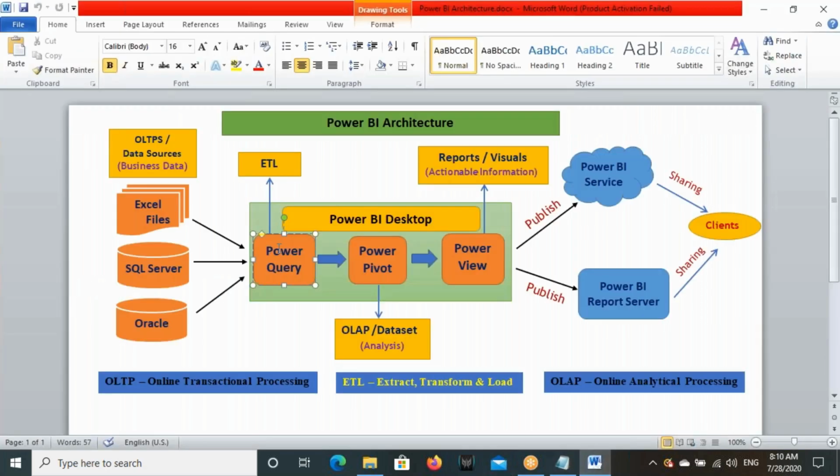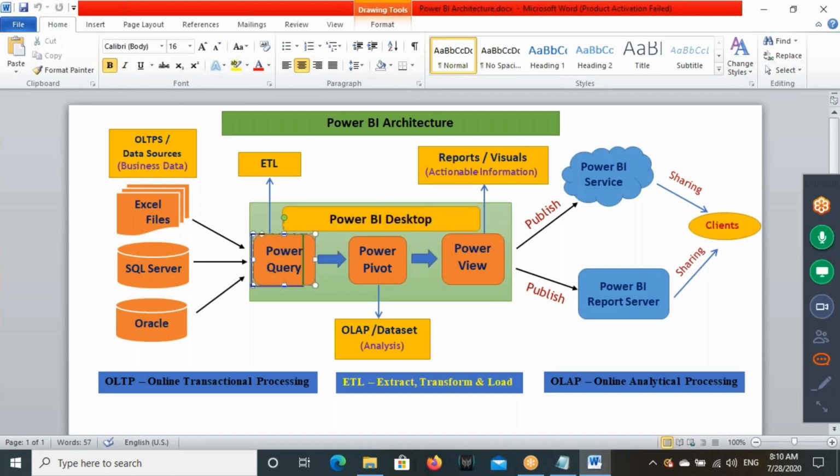This Power BI Desktop contains 3 softwares. Power Query, you need to clearly understand what we will do in Power Query. We will do ETL, and how we will do that, we need to understand. So we'll have a high level understanding. Then Power Pivot. What is Power Pivot? What we will do in Power Pivot, we'll discuss. Then what is Power View? What we will do in Power View, we'll discuss. Then what is Power BI Service? What we will do in Power BI Service, we'll discuss. Step by step, we'll discuss, guys. For today's class, the agenda is,